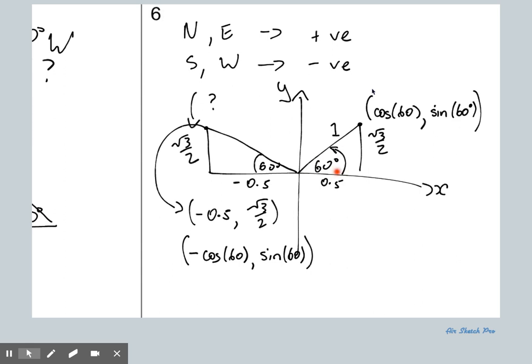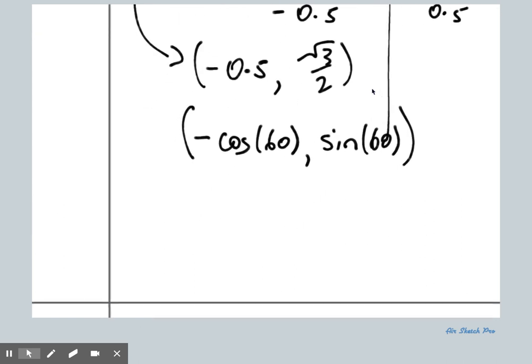So we should do the same thing for the angle as well. We talk about the angle away from the x-axis as being this. What's that going to be? If that little angle there is 60 and the whole angle is 180, the blue angle is 120. So this means